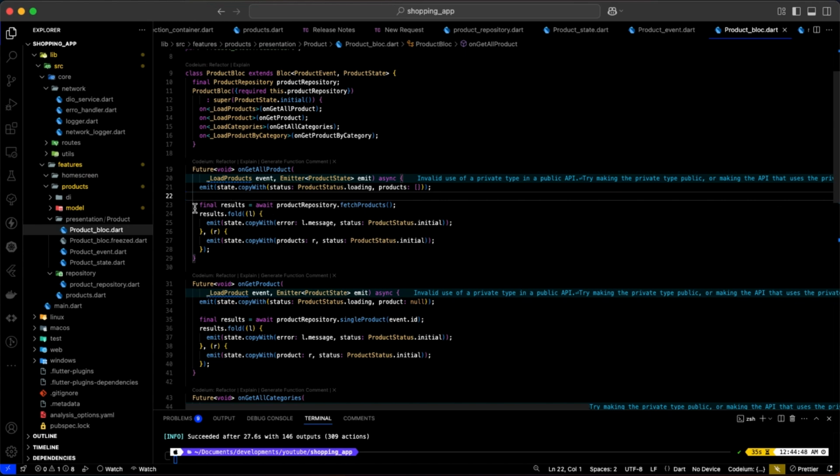And then communicate with product repository to fetch all the products. And because we use Either, we have the left side and the right side, which is a product model result. We have this result.fold API, which will be for the left side, state.copyWith, change the state of error by giving this message, because error is a string, give that message, and then change the state to product status initial. You also have put here maybe error. Okay, and also on the right side,